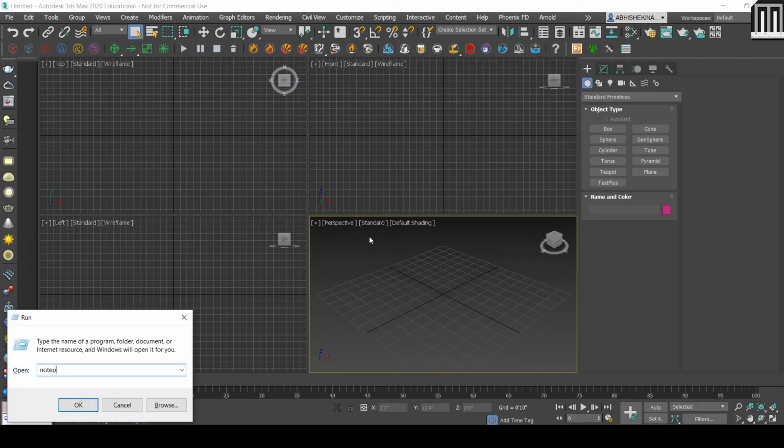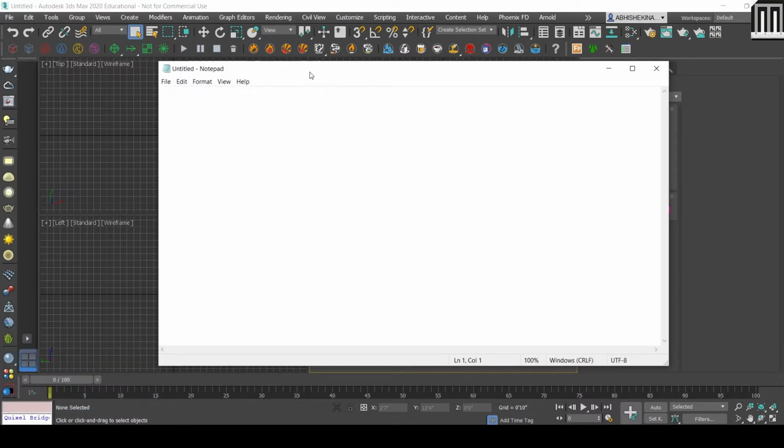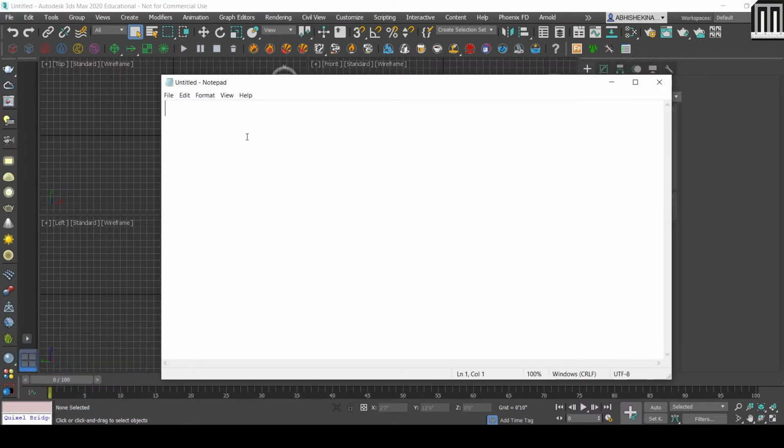Now I'll open a notepad and type the dimensions. Let's say a small bedroom will be 12 feet by 14 feet, in feet. And a large bedroom will be 16 feet by 24 feet.